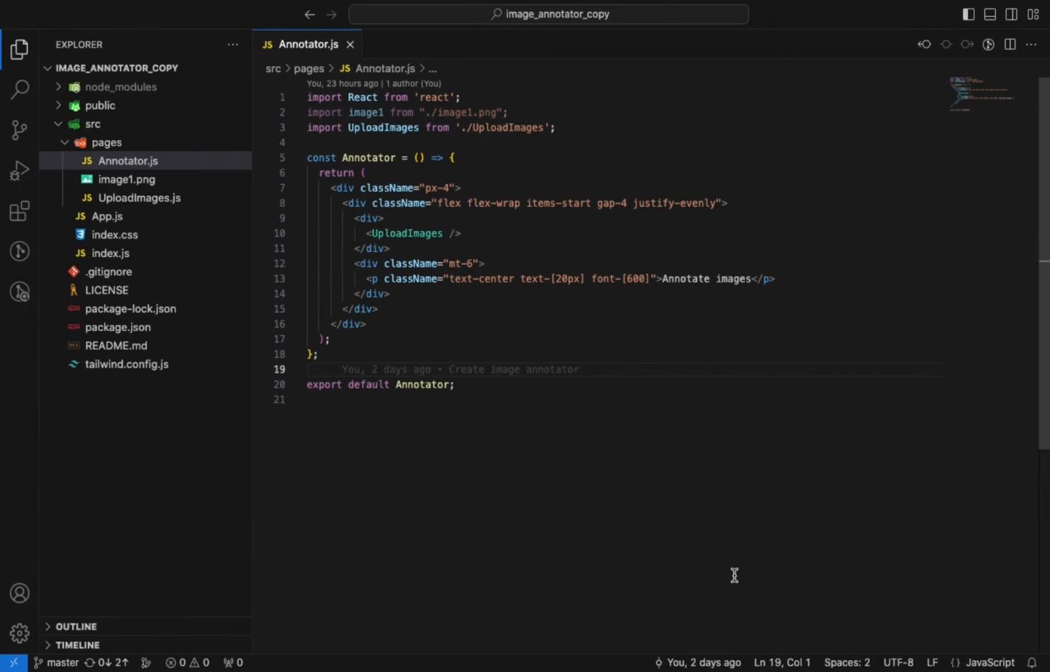Okay, here I just have some basic things set up. I have installed Tailwind, which I'm going to be using for styling. If you do not know how to install Tailwind, there's a link in the description that will guide you on that. Also, I've installed React,